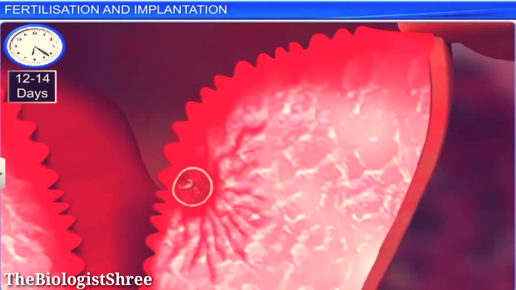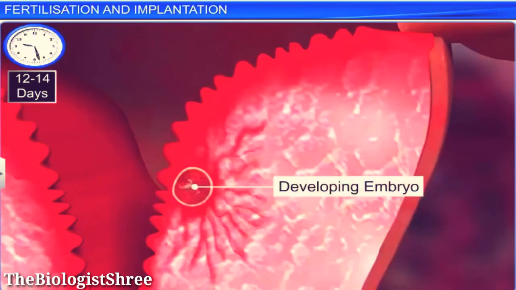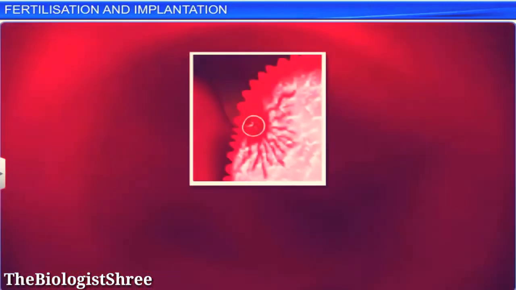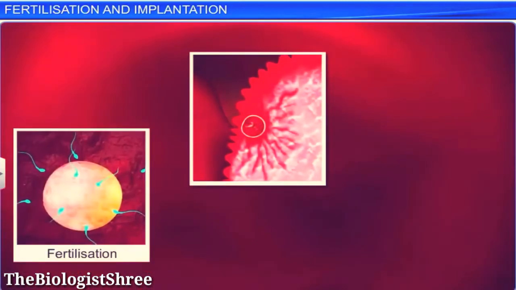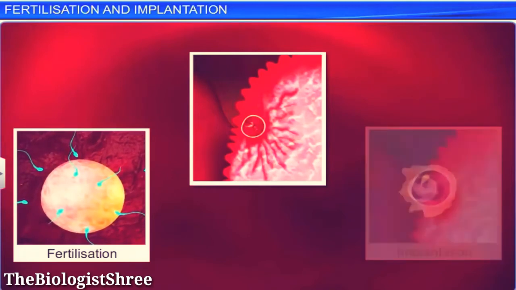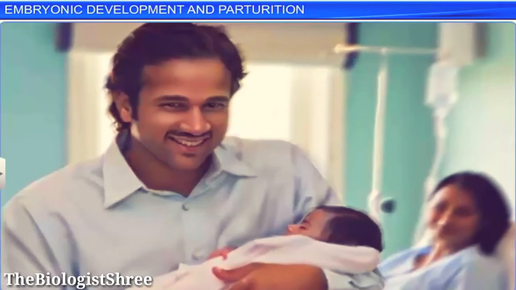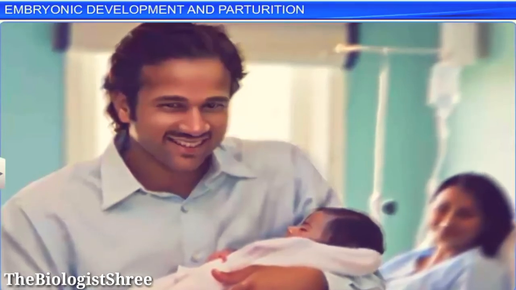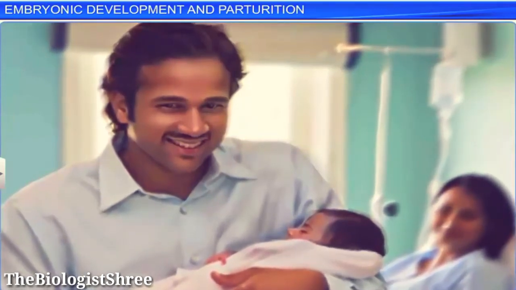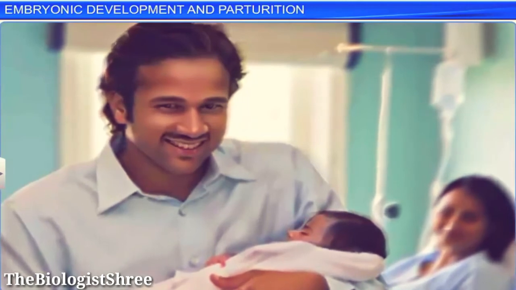Moreover, after implantation, inner cell mass cells get differentiated and begin to form the embryo. Embryo formation is thus a complex process that begins with fertilization and ends with implantation of the embryo. The joys of holding a newborn baby know no bounds. The birth of a baby is an intricate and complex process that begins when